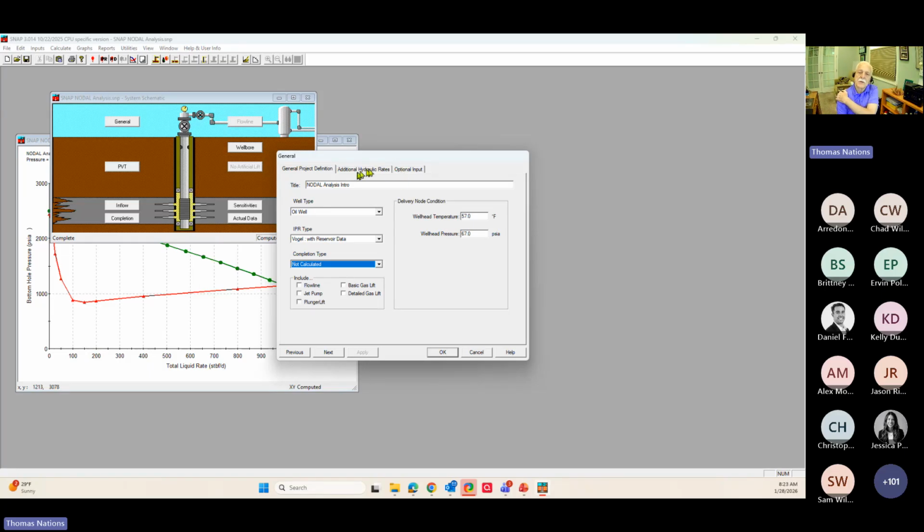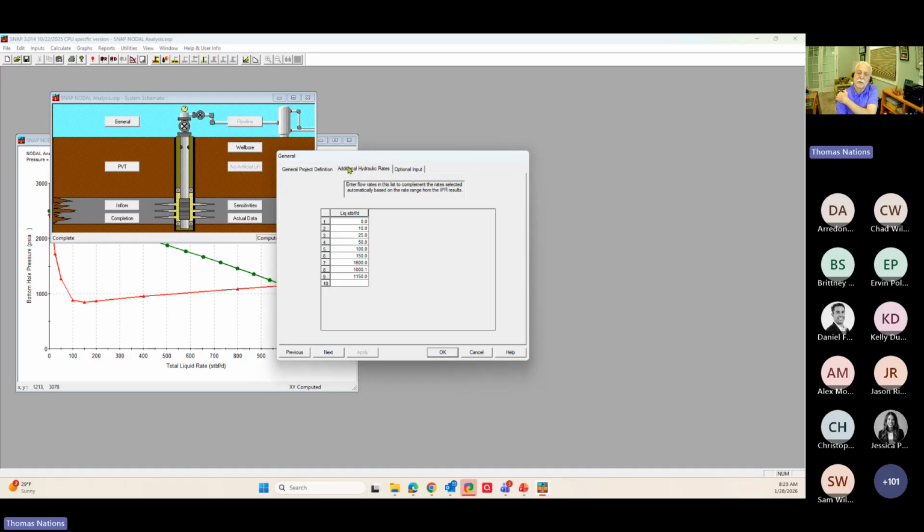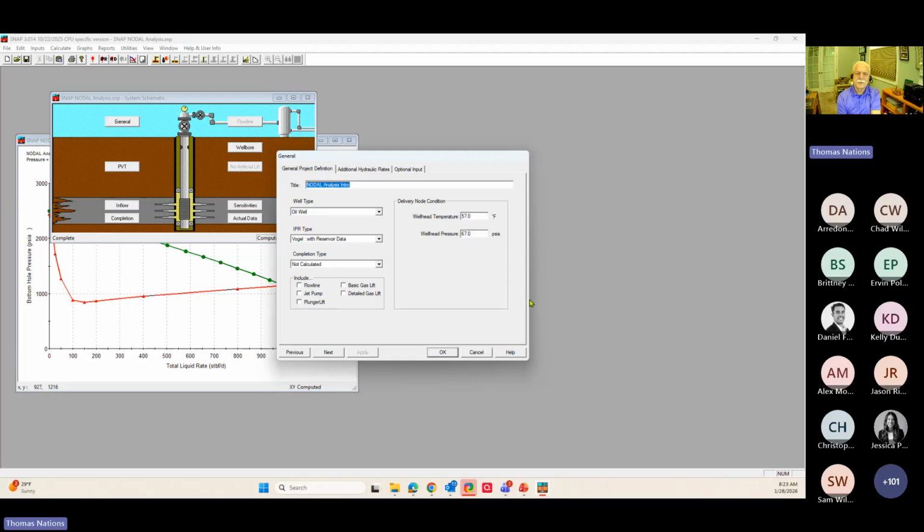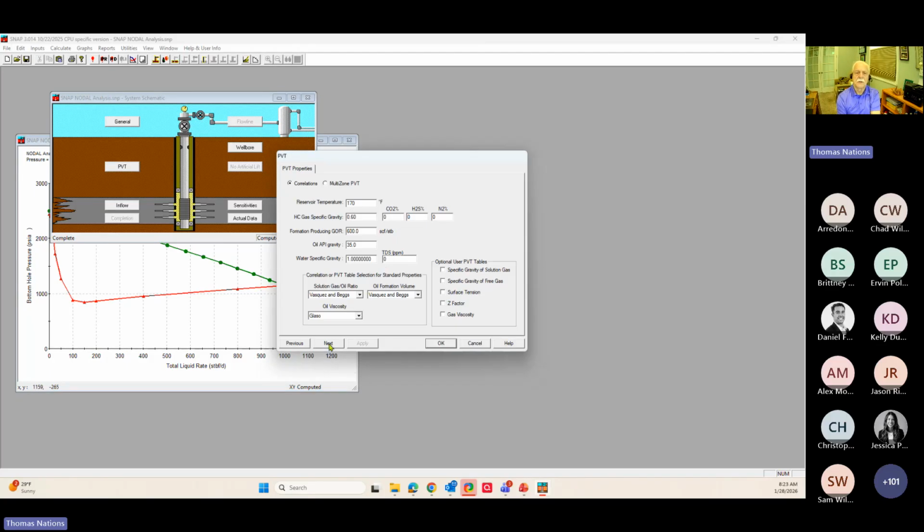So there are a couple of other tabs up here at the top. There's additional hydraulic rates, which I'll talk about in just a minute when we look at the nodal plot, and then optional input. Most of this optional input is for report headings and other kind of information. It's not much computational information on here. So that's basically the general input dialog, and you can simply go next, and it